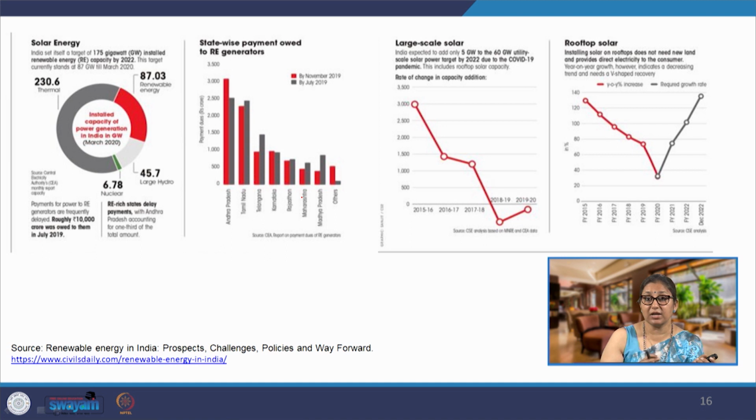And if we look at the share of that, we will see that hydropower and solar are the most significant sources of renewable energy in our country. Within solar, we have both large scale solar and rooftop solar. Both of these have been made possible, enabled through policy. So, policy as an instrument has a significant role to play whenever we are talking about renewable energy and